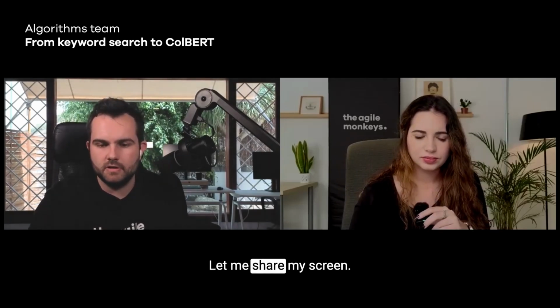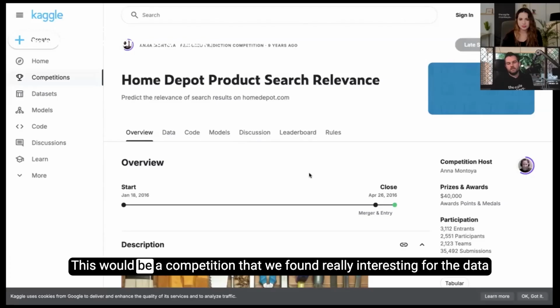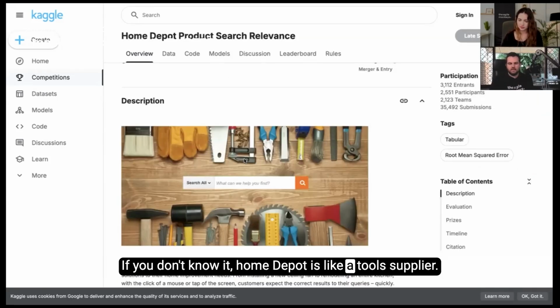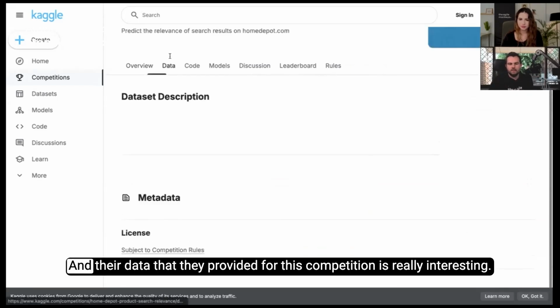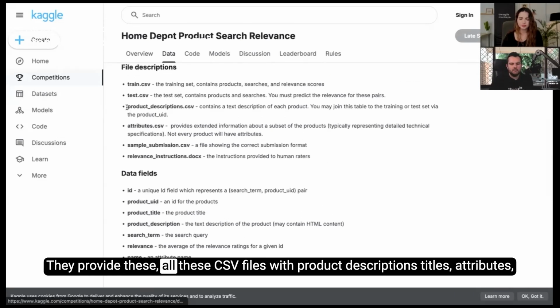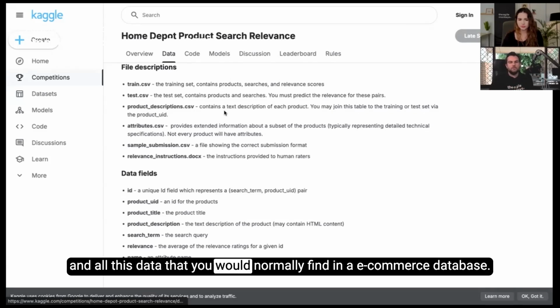Yep. Let me share my screen. This would be a competition that we found really interesting for the data side, which is the Home Depot product search relevance competition. If you don't know it, Home Depot is a tools supplier, and the data that they provided for this competition is really interesting. They provide all these CSV files with product descriptions, titles, attributes, and all this data that you would normally find